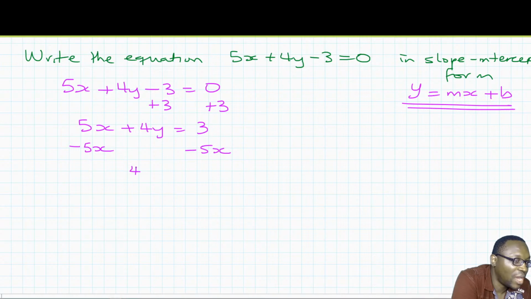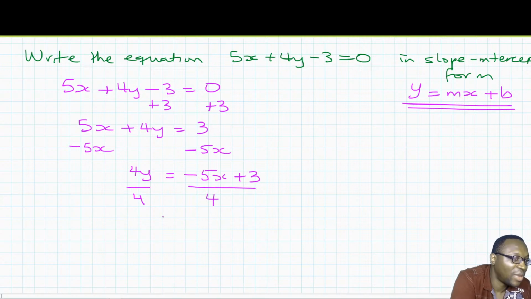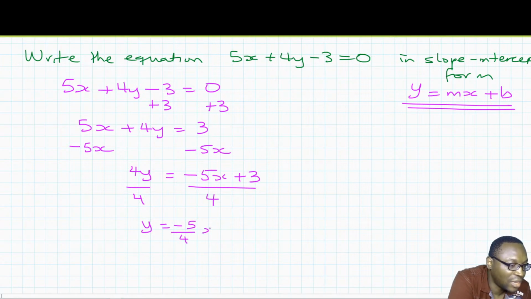So I have 4y equal to negative 5x plus 3. And then we can now divide both sides by 4. So y is equal to, remember when you divide a fraction by 4, you're dividing every term in that fraction by 4. So it's going to be negative 5 over 4x